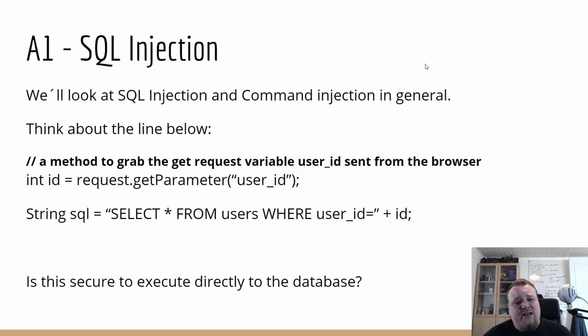What happens here is that you take a parameter variable from the HTTP request from the client and put it directly into the select statement down below. That's going to select all from users where user ID equals, and then you just concatenate the ID variable to that SQL query. It's a very bad idea because you're putting unsanitized data into an SQL statement, and it opens up a SQL injection vulnerability. So you need to use prepared statements. You need to look up, in whatever language you're programming in, how you can do prepared statements to the database.